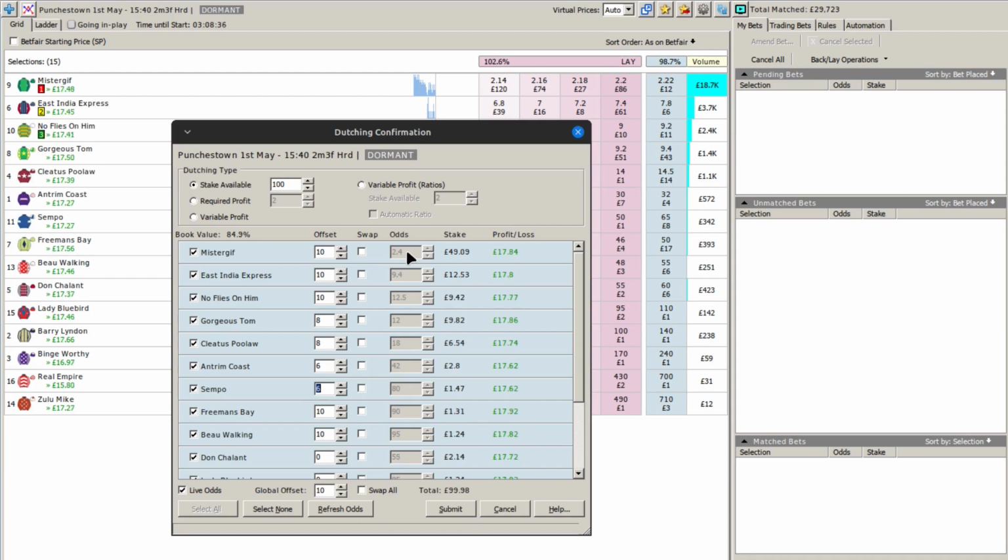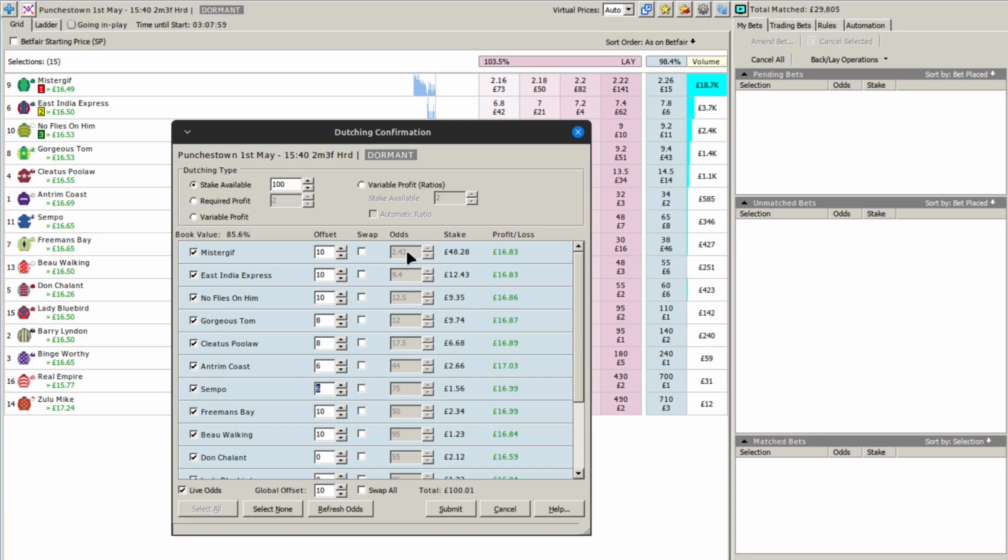outsiders. Now, those two scenarios I've shown you with the variable offsets, it's fine doing that manually within the Dutching dialog box. However, you can't do that through Fairbot automation. That particular part of functionality doesn't exist in the Dutching automation section of Fairbot. So there's a couple of things that you might want to consider doing. The first of these is perhaps a little bit of a kludge. It's a little bit of a